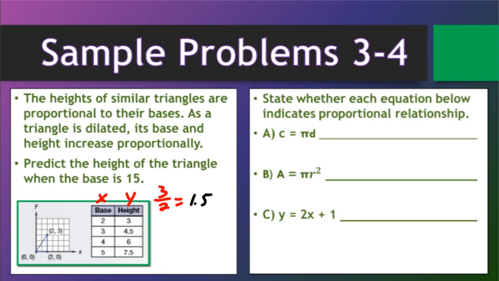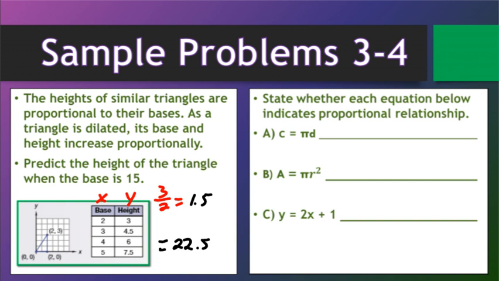So if I take my constant 1.5 and multiply that by base 15, I would get an answer of 22.5. If you're wondering how would we determine this, or how would we set this up? Well, if we take our base and our height, and it says that as a triangle is dilated, its base and height increase proportionally. Well, in order to find